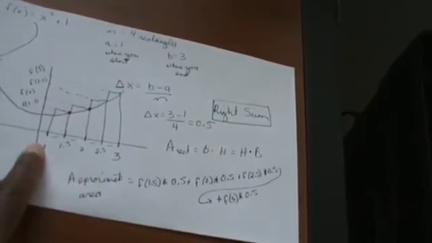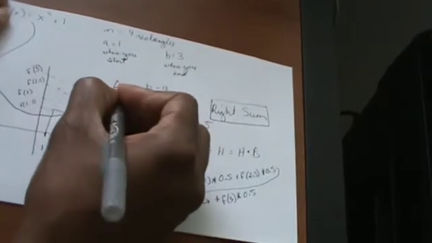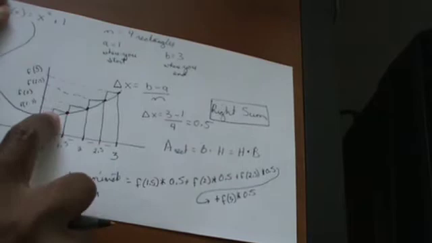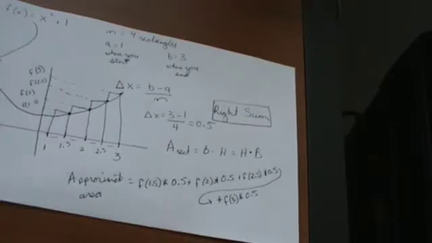Because the 1 is on the left. Okay, so I found the height here, here, here, and here. All of those dots mark the heights of the rectangles that I have. I never found out what happened at 1. All right, now the reason that I and the Khan Academy guy are writing it in this way is we